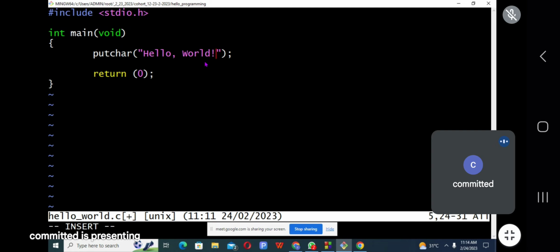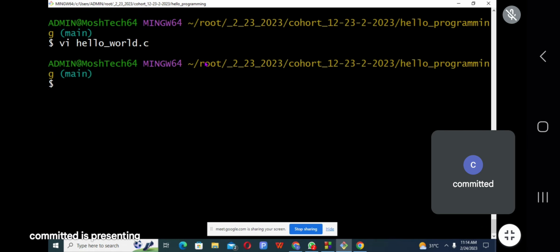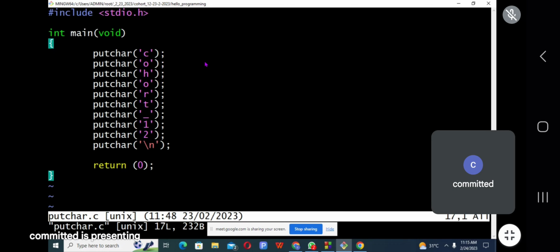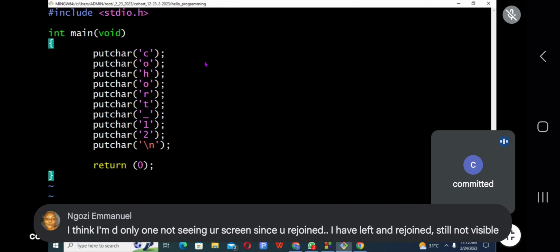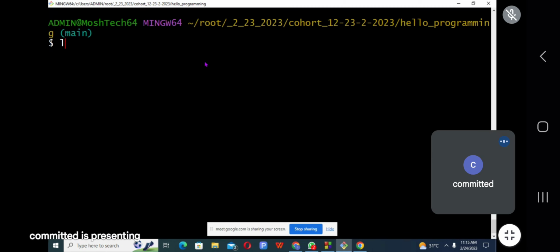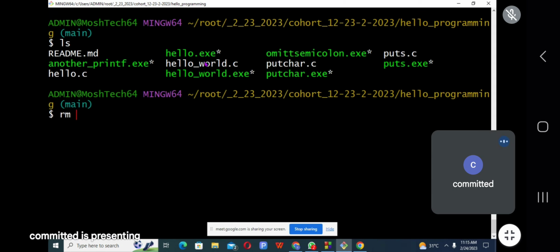Let me try to remove the new line. Or don't let me mess this up. Let me create a new file for it. I have it here already. So let me delete it. Let me remove it.